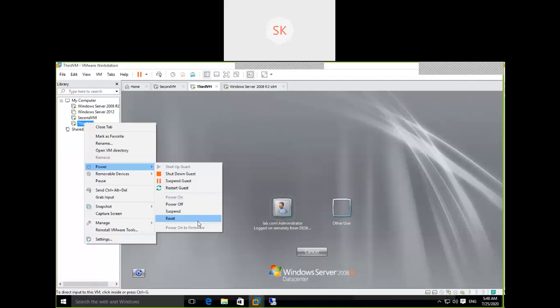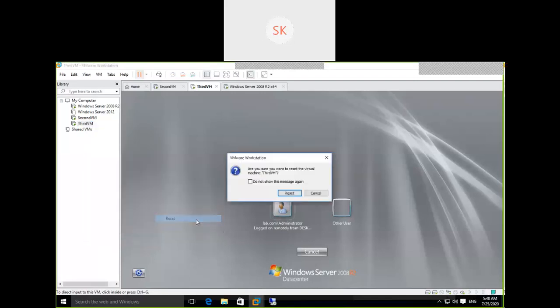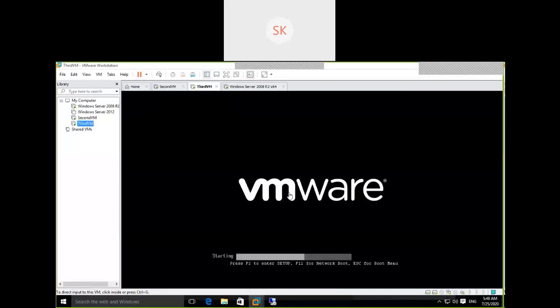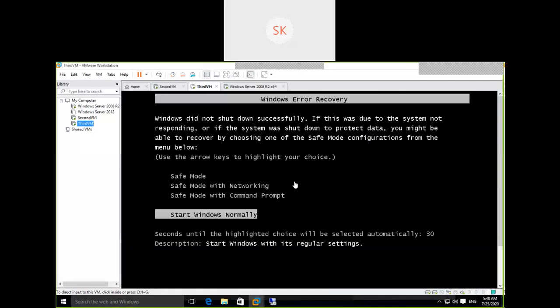What are the safe reboot event IDs? You need to compare, or else you can Google it. What are the warm reboot event IDs? What are the unexpected reboot event IDs? You can practice, do a reset, and check what event IDs it is generating after the class, not in the class.